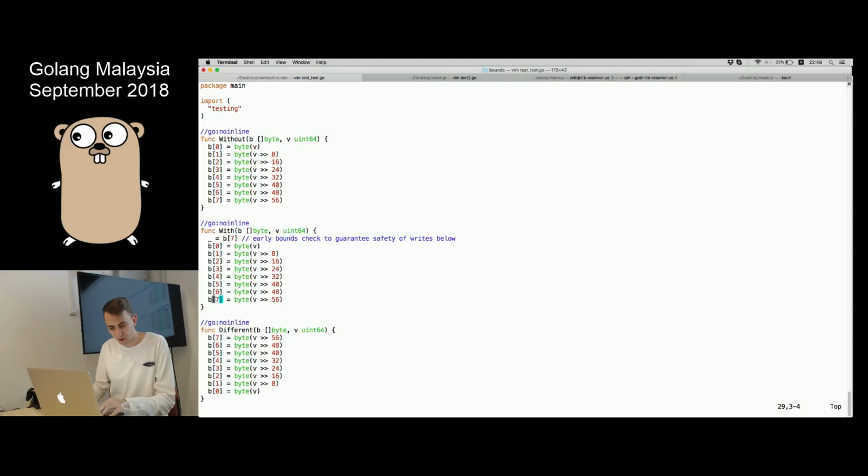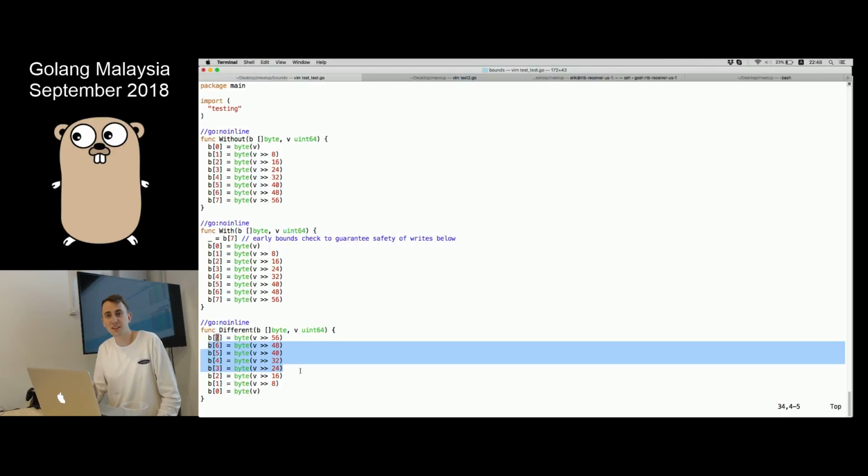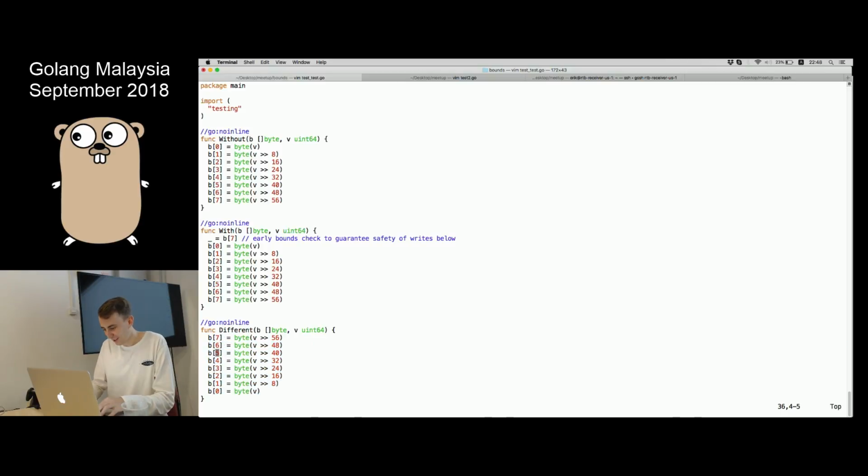Now we have a different one. We can also write it the other way around, of course, you think. So I start at 7 and I go down, then it doesn't have to insert any bounds checks either. But, and I don't know why,